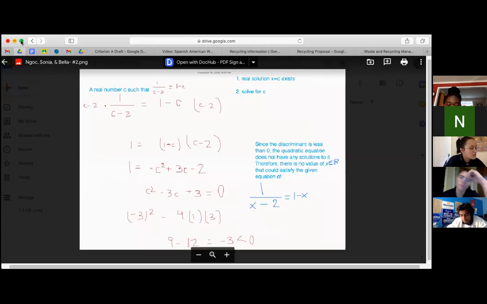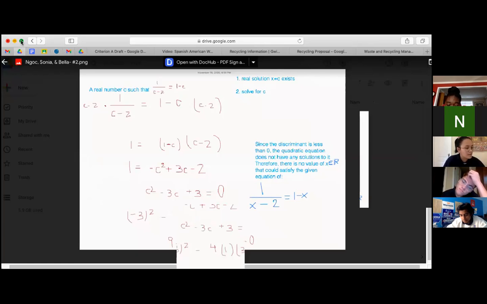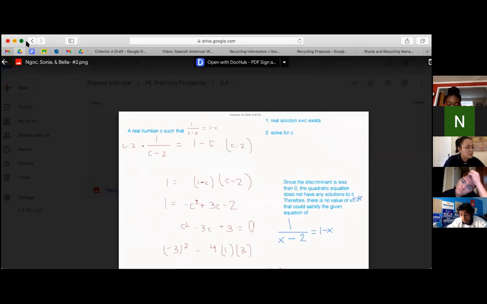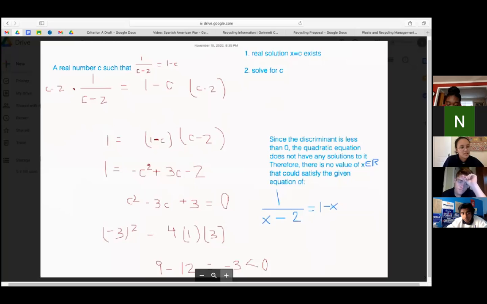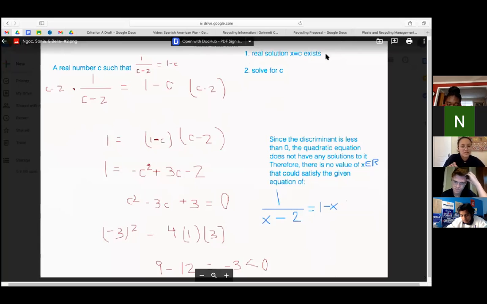Prove that there is no x, an element of all real numbers, such that 1 over x minus 2 equals 1 minus x. So first we assume that there exists a real number, and then we represented that by c. So that's why we put c instead of x. So we assume that a real solution x equals c exists. And then we start solving for c. So we FOIL,